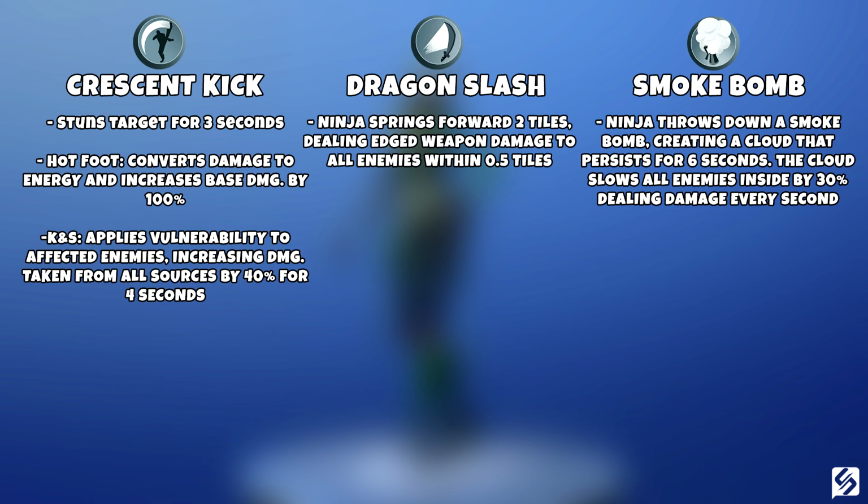Her final ability is Smoke Bomb. The ninja throws down a smoke bomb, creating a cloud that persists for 6 seconds. The cloud slows all enemies inside by 30%, dealing damage every second. This is really useful for when the husks group up on you. Toss down a smoke to start dealing damage over time and slow them,